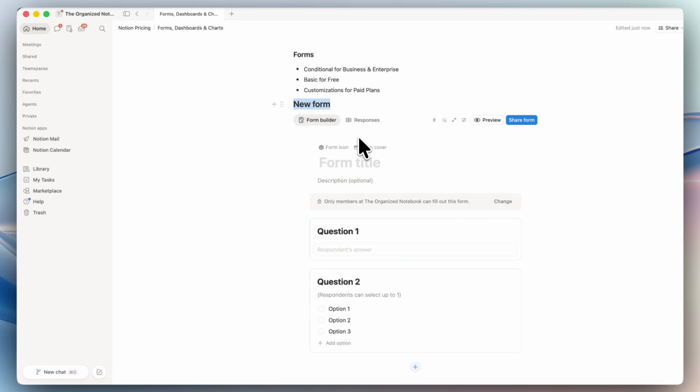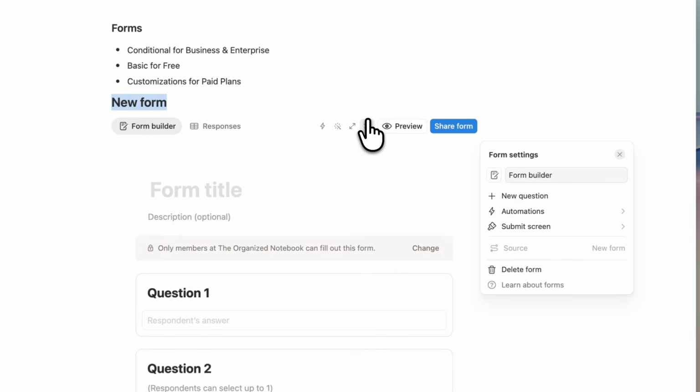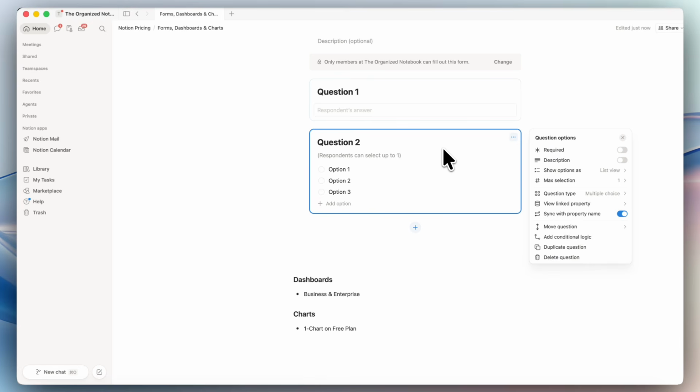The paid plans all are available to be customized. So you can see here that I can customize various things. And for business and enterprise users, you can add a conditional logic to it. So for example, if someone answers option 1, then we would show another question specific to option 1. Then for